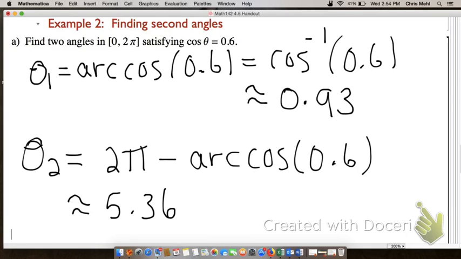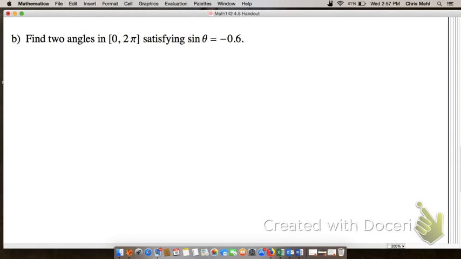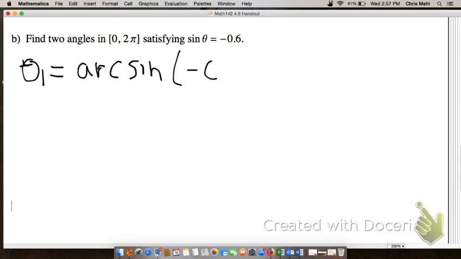Okay, so let's go ahead and do part B. Now we're finding 2 angles in the interval 0 to 2 pi satisfying sine of theta equals negative 0.6. So the first angle, I'll call it theta 1. The textbook just calls it theta, but I'll just call it the first angle. That's going to be given by arc sine, or inverse sine of negative 0.6,